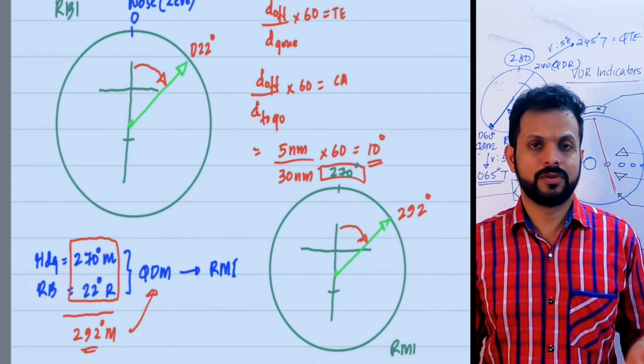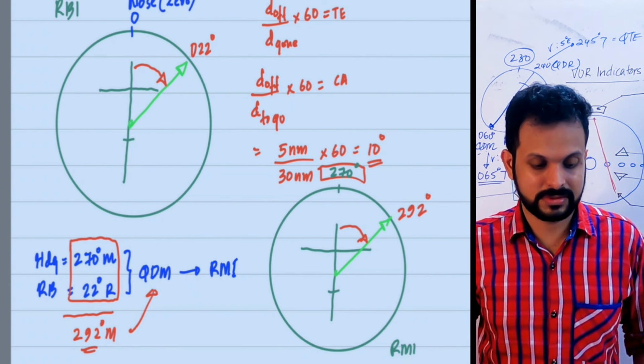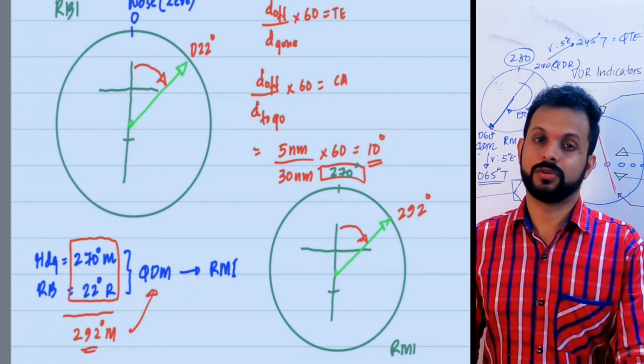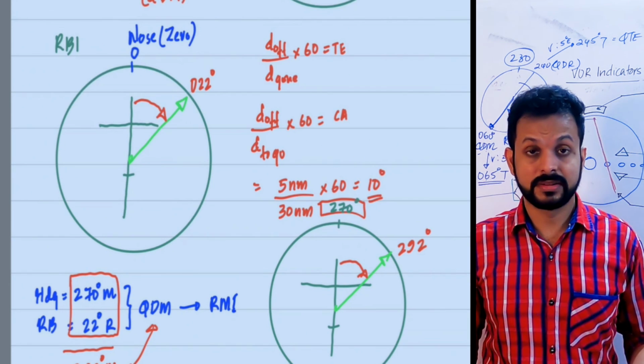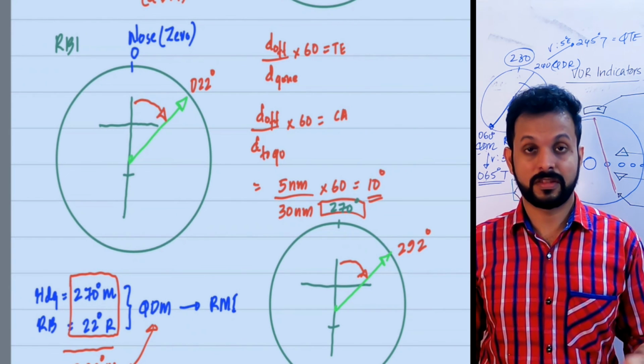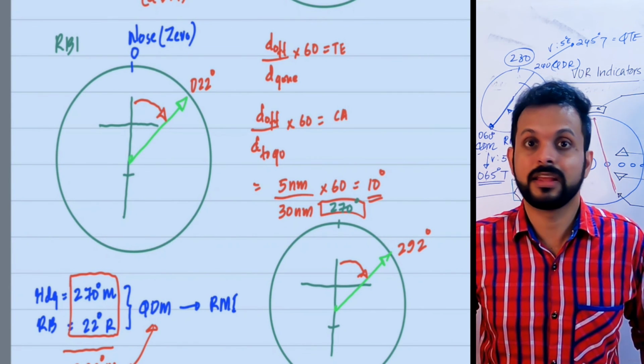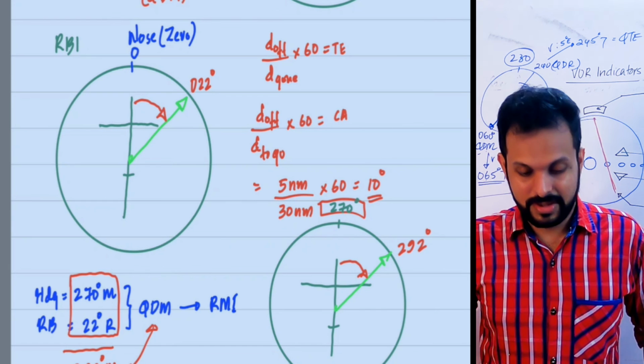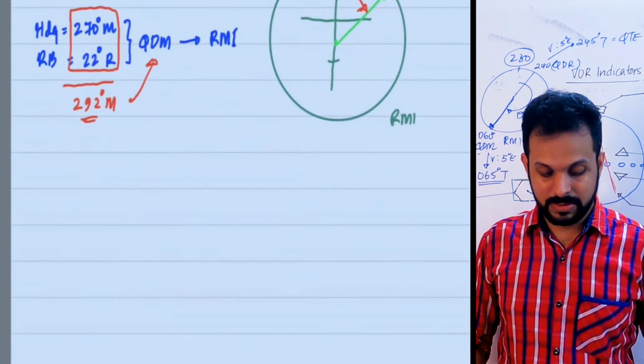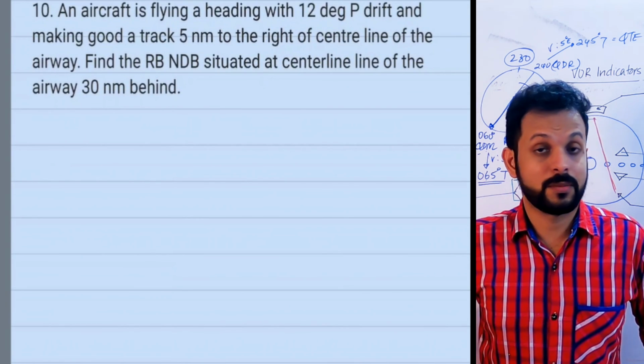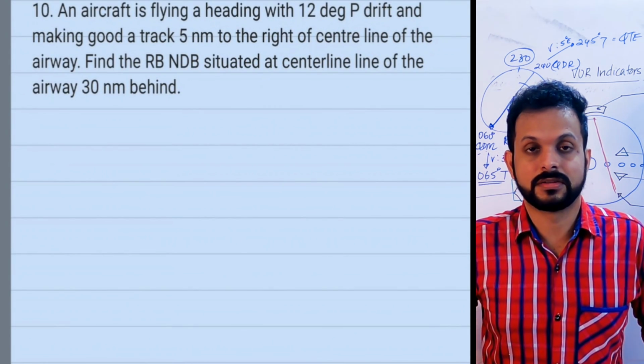So I believe you have a basic understanding of all these things. Otherwise, it's too early for you to look into this particular question. Basically, the answer to this question is that you have to find the relative bearing of the NDB indicator in the ADF, which is 22 degrees. All right, that's it. Now, let's look at a very, very similar type of question here. I would recommend you to stop the video and do